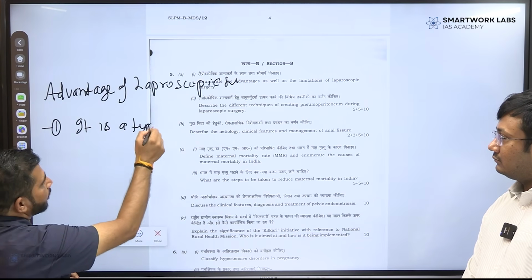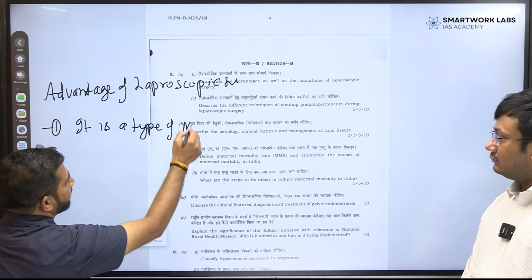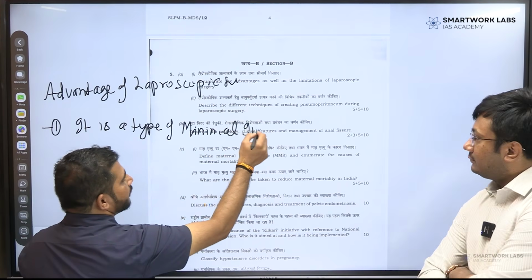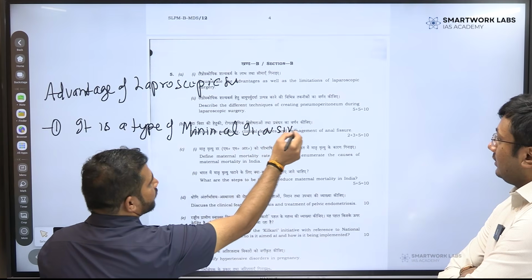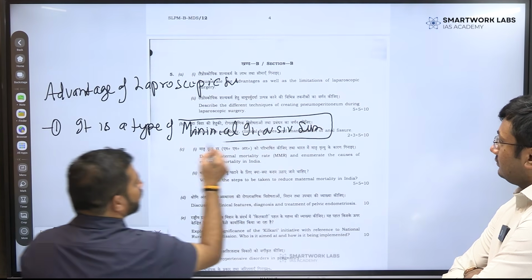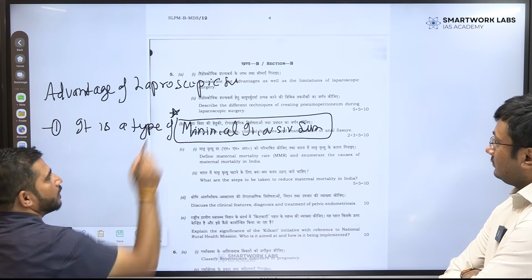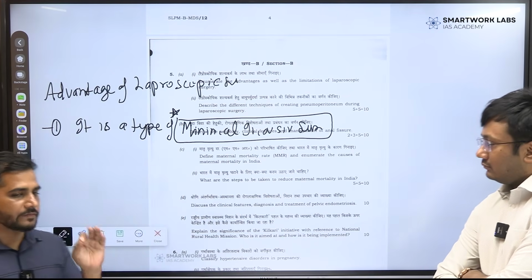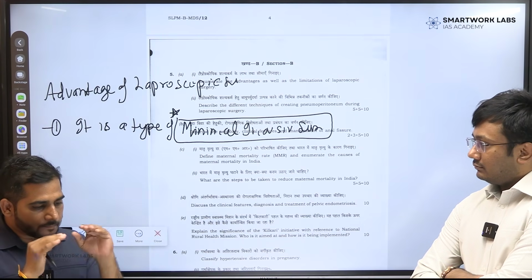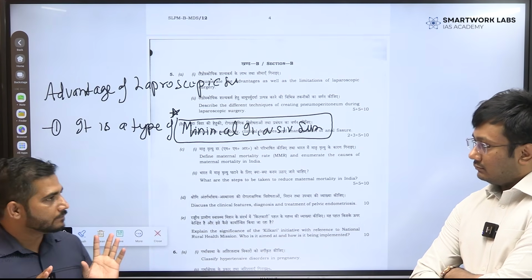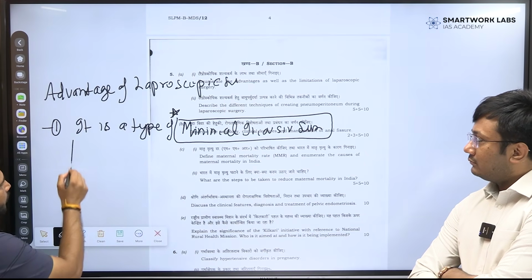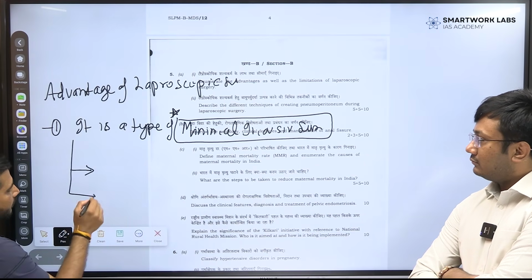Number one, it is a type of minimal invasive surgery. This is very important, always point this technical word. It is a type of minimal invasive technique. We are doing surgery by giving minimum incision to the body. तो फर्स्ट एडवांटेज इज मिनिमल इन्वेजिव सर्जरी। सो अब इसके सब ग्रुप आप यहाँ पे बना सकते हैं।